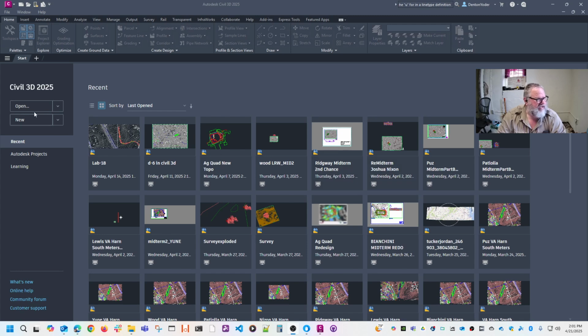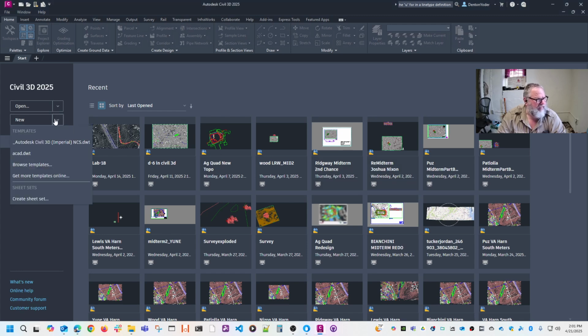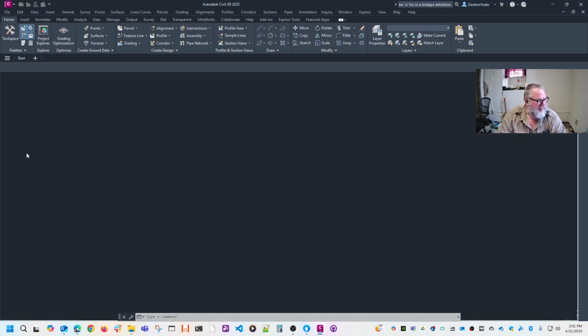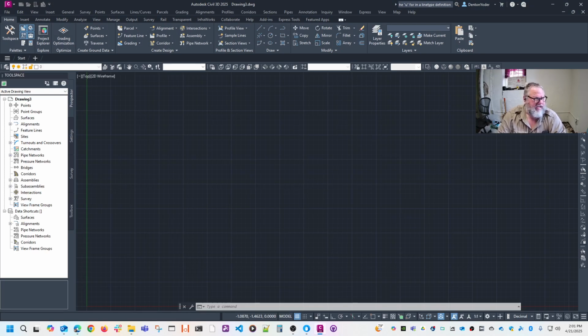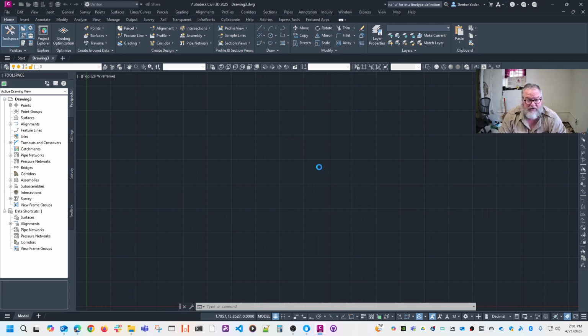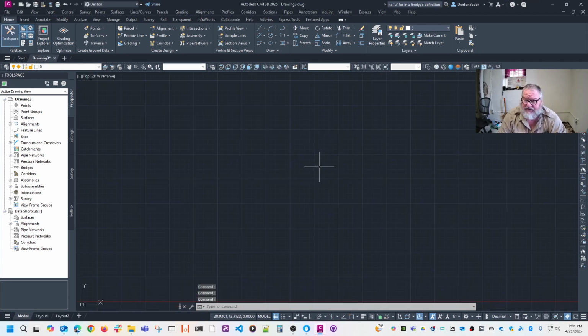In today's class, we're going to do a quick lab on line types and hatch patterns. Let me start a new blank drawing with the AutoCAD template. To start it off, I went to an AutoCAD template, so I didn't have all those civil layers, just